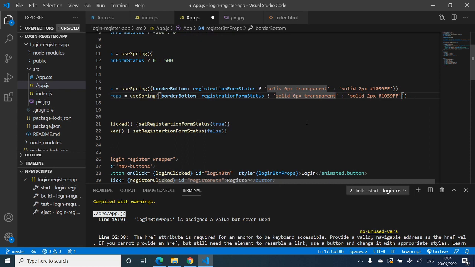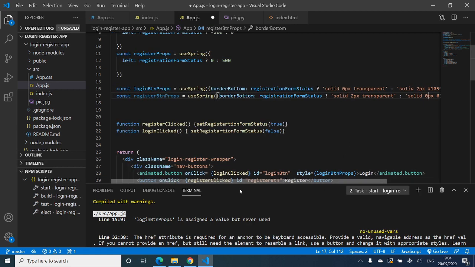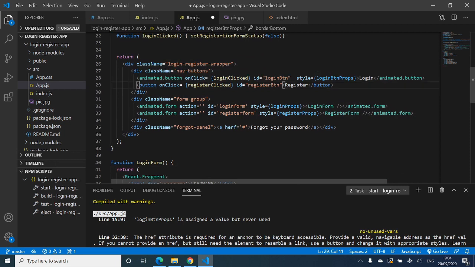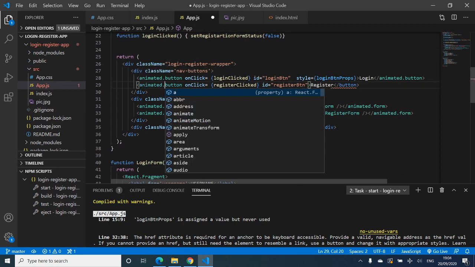But this time we're going to reverse it. So if it's true, then we want to show it, so 2px. If it's false, then we need to hide it, 0px. Then we go down to the button and do the same thing, animated dot button